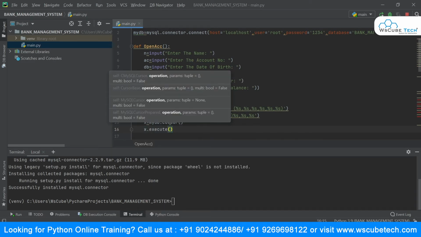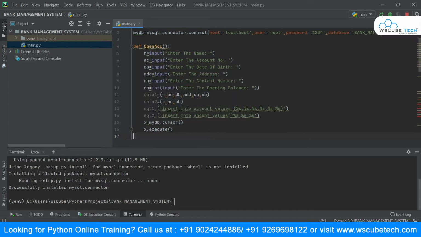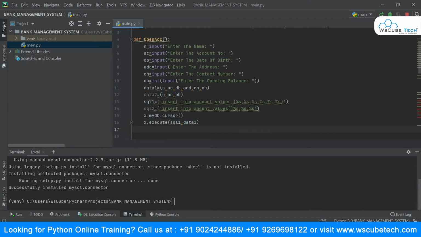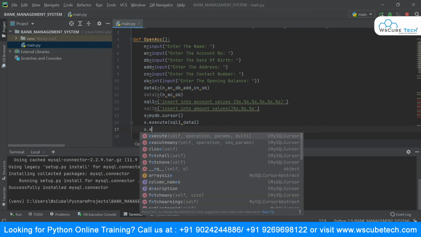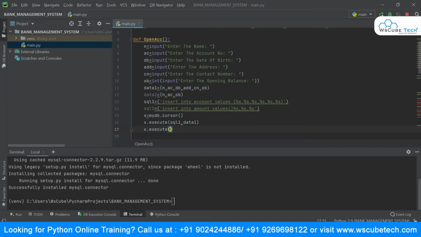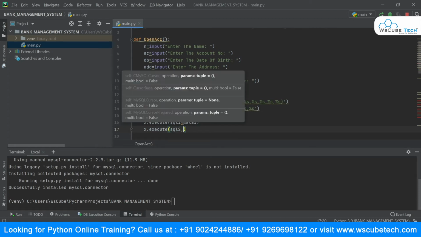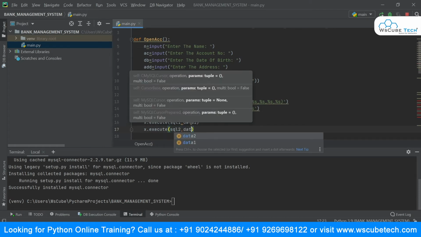Now what we want to execute over here is the SQL query 1 and the data 1. All right, and that was the reason why we have created this tuple. In the second execute, I will say x dot execute, and inside this SQL2, I want to execute this SQL2 query with the data 2.